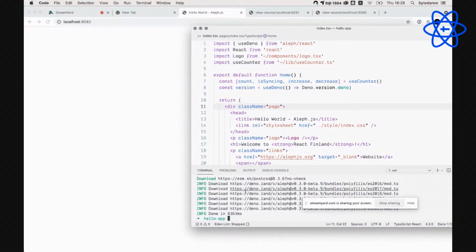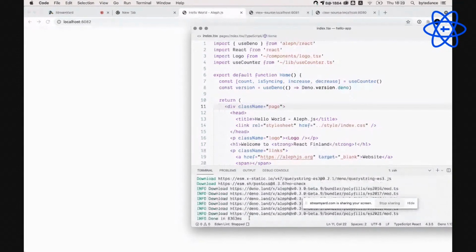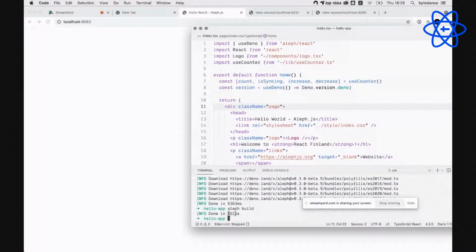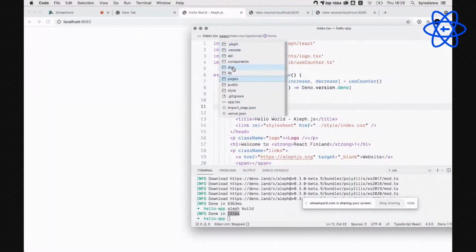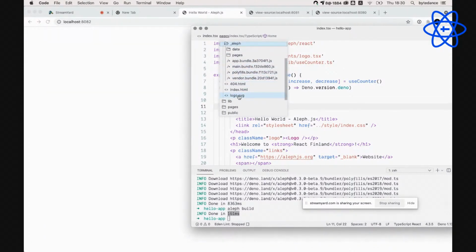This is the first time, so some modules are missing. The second time, you get a very fast build. And finally, you can see in the output we have index.html, and we have the bundled code and the public files, including the logo, image, and page data.